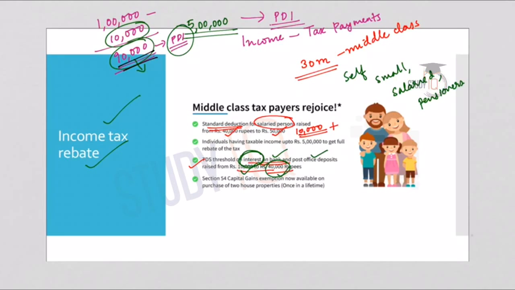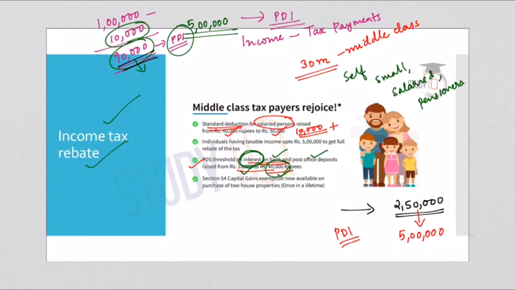This concept is very important here because now the government has raised the amount which is exempt from income tax. At present it is 2,50,000. That means up to 2,50,000 of your income is exempt from income tax. So what impact will it make on the economy or on the taxpayers? Now this 2,50,000 has been increased to 5 lakh. So your personal disposable income would increase. That means you have more money to purchase or more money to spend.